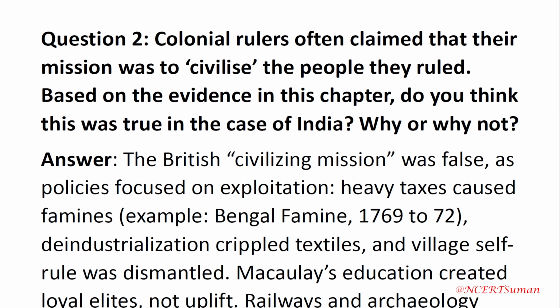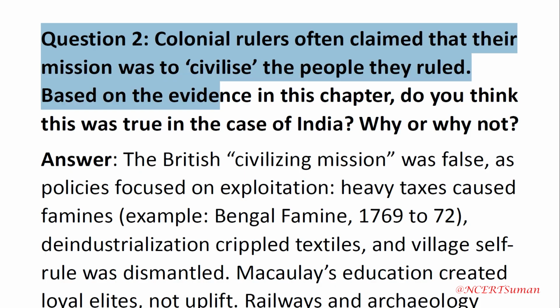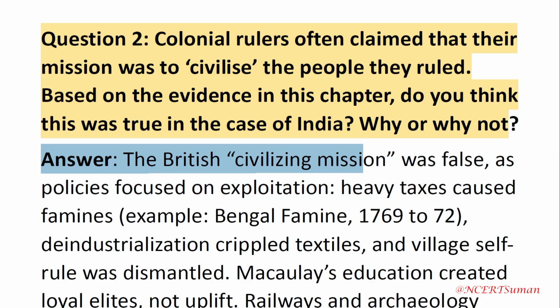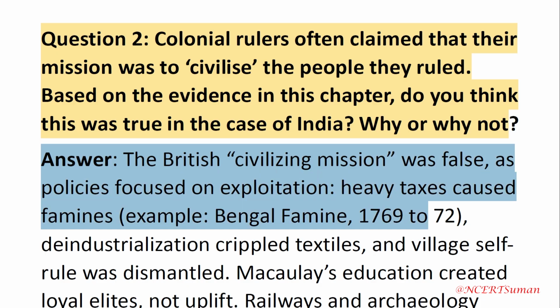Question 2. Colonial rulers often claimed that their mission was to civilize the people they ruled. Based on the evidence in this chapter, do you think this was true in the case of India? Why or why not? Answer. The British civilizing mission was false, as policies focused on exploitation. Heavy taxes caused famines, example: Bengal famine,